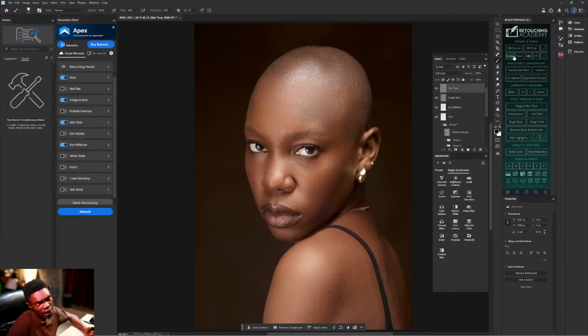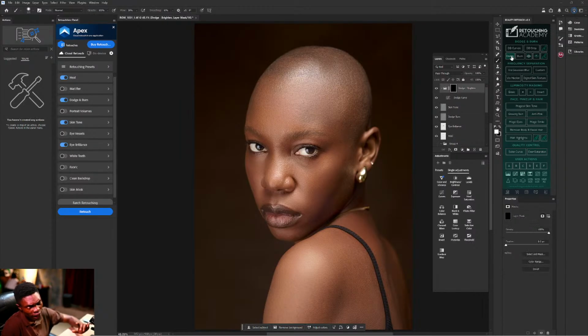How me I take dey use am? I go click on dodge, I dey use am one, then click on burn. This burn don load for me as dodge load for me. I come carry my brush tool.